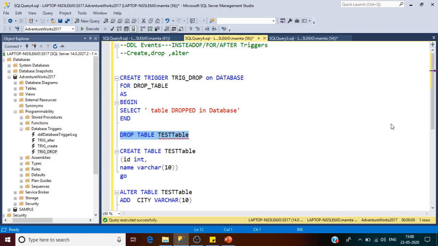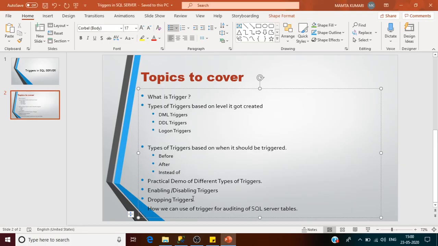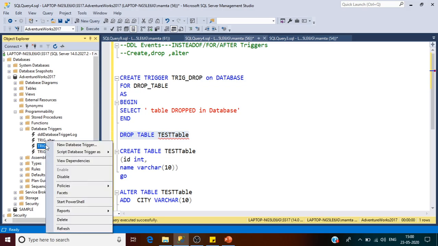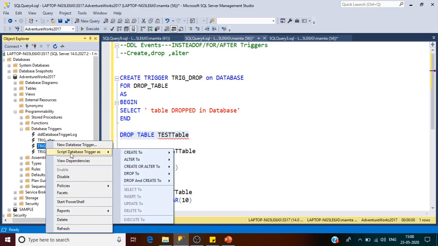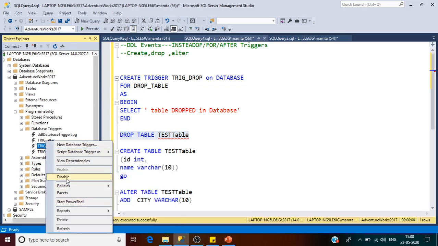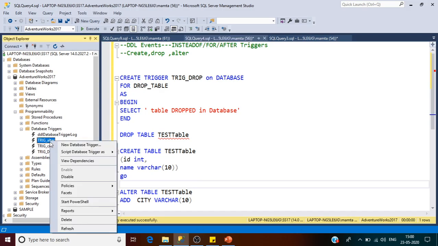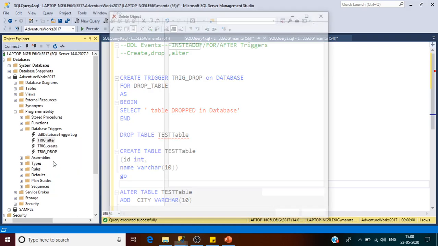So this way you can create DDL events. Now the third thing is we need to see how we can enable and disable the triggers. Similarly, as we enabled and disabled triggers at the table level, we can also enable and disable DDL triggers at the database level. There are options here for disabling, and delete also if you want to drop it. As of now, I don't want these triggers to be enabled.